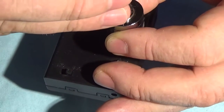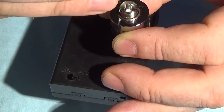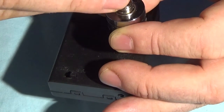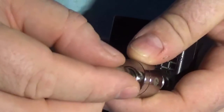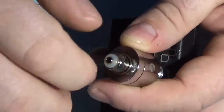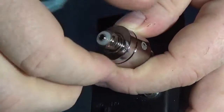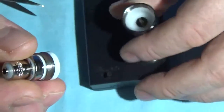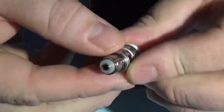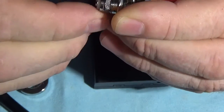Let's see here. There, something like that. And then take your top cap and put your top cap back on. Just finger tight, it doesn't have to be real tight. Oh, she's re-wicked. We're ready to go. I guess what I should have done, though, now that I think about it,